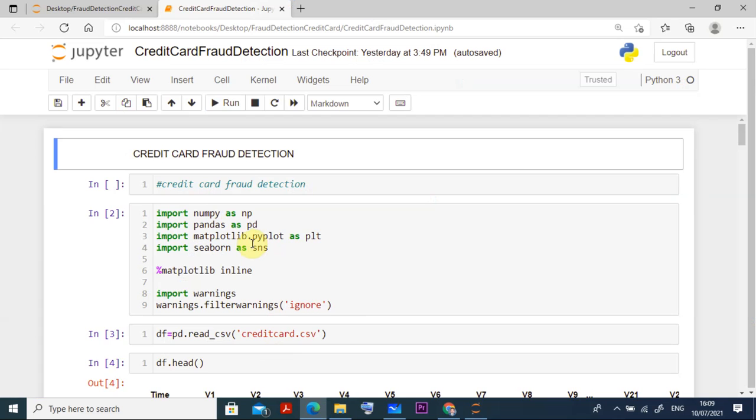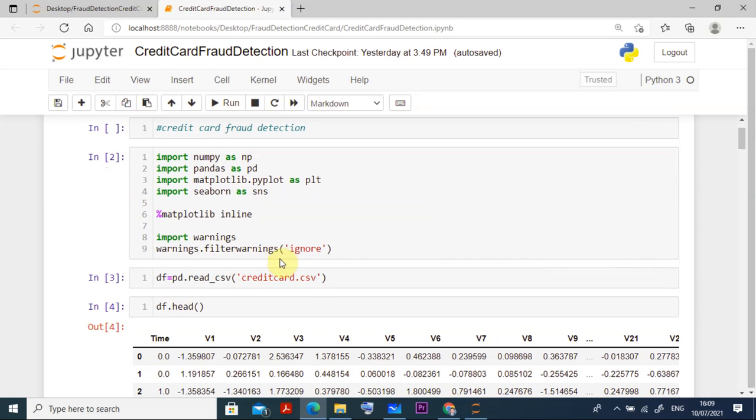So we are entering here, and we are going to import a number of libraries, like import numpy as np, import pandas as pd, import matplotlib, import seaborn as sns, and import warnings also. Then we create a data frame. First, we want to read this creditcard.csv file, because it is already downloaded. It is there, I think around 75 MB.